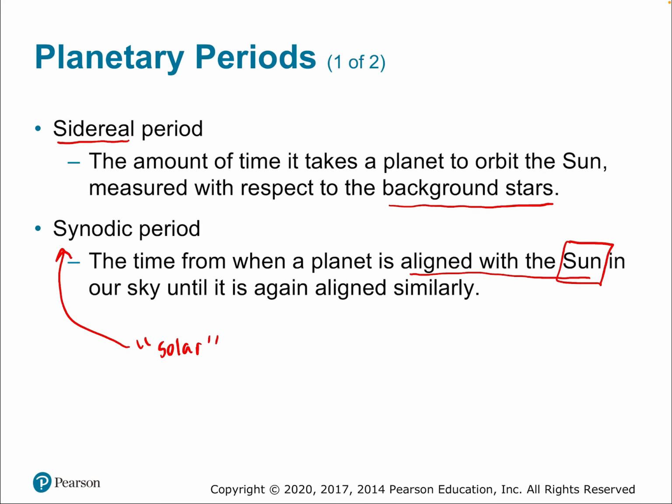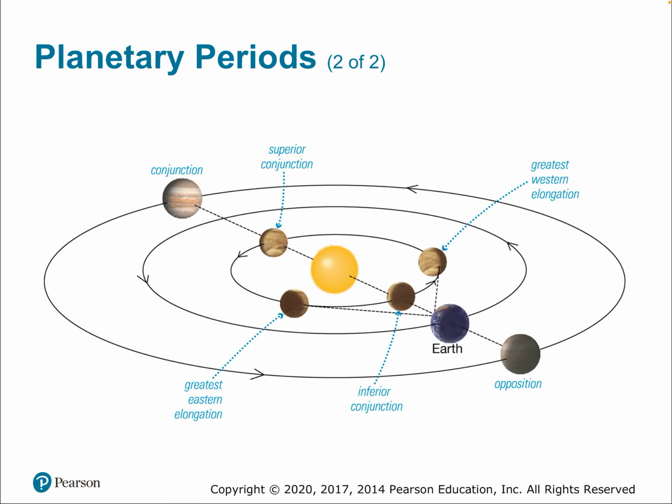Okay, so as far as planetary periods go, and this idea that what we're going to observe from Earth is always going to be the synodic period, there's also some terminology about where that planet is located relative to the sun and relative to us. So these are kind of interesting terms, okay? So here we are on Earth, and when we look at other planets, perhaps considering one planet that's outside of our orbit, like Jupiter, shown twice here, and a planet that is inside of our orbit, closer to the sun, in this case, Venus,